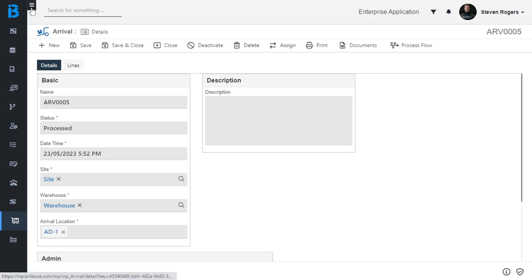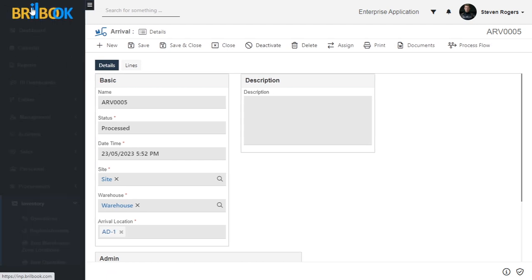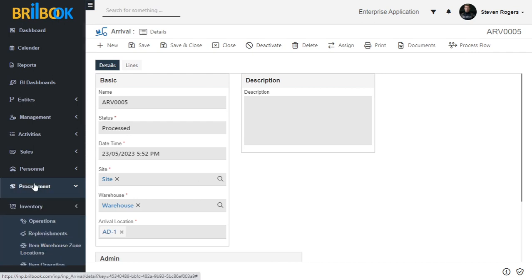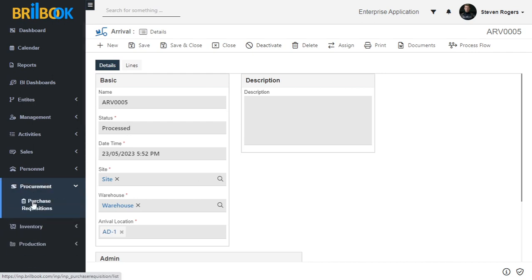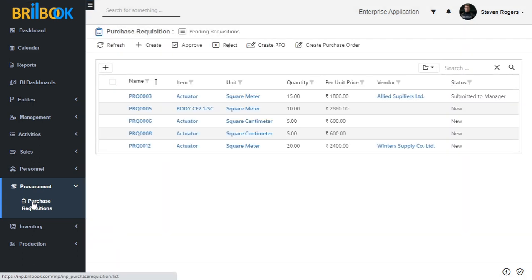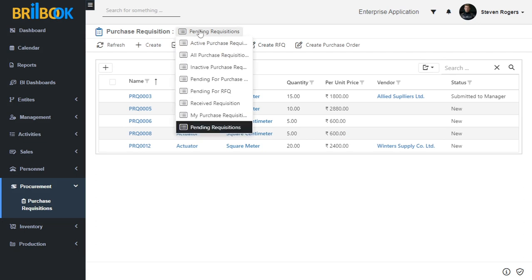For that, expand the menu list, expand the procurement menu, click on purchase requisition, change the query to received requisition.